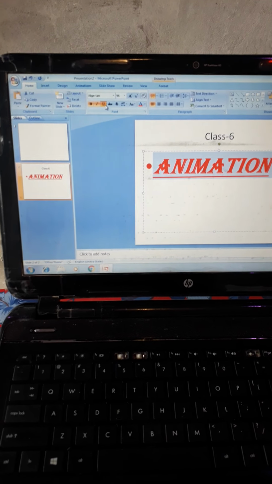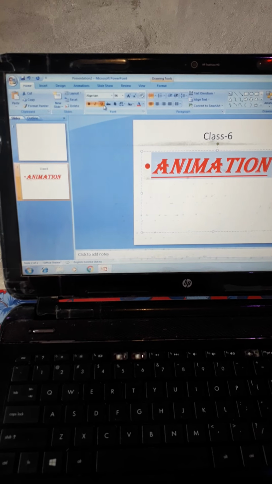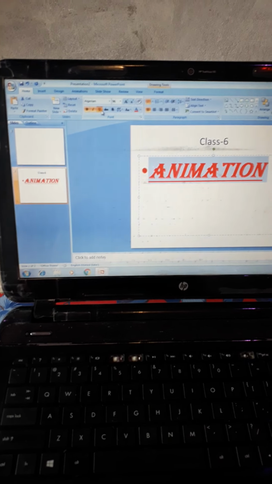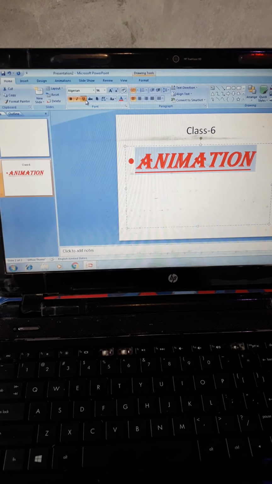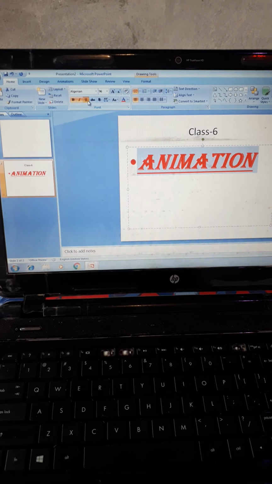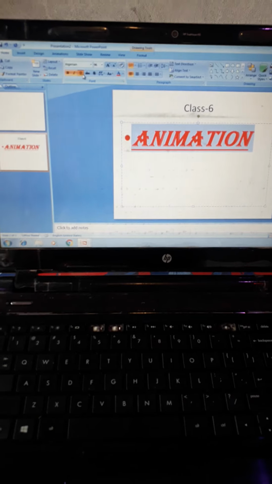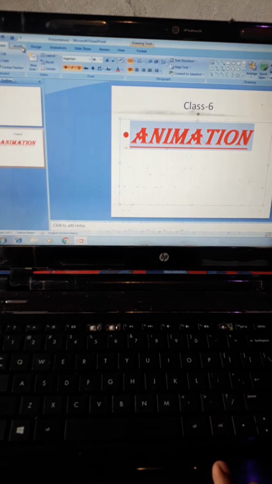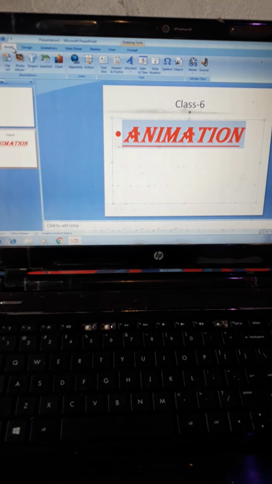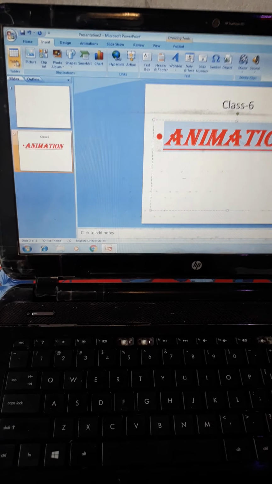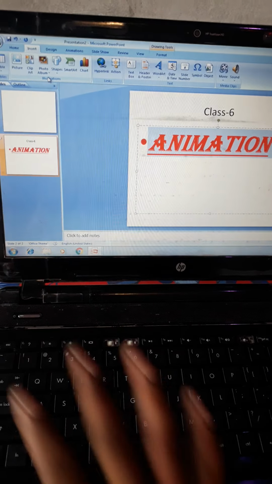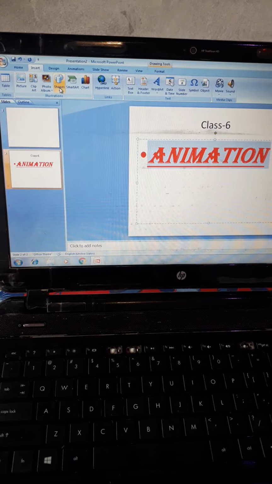Like this, you have to try to create so many slides. After creating so many slides, we have to add a few effects, according to which I am going to explain only according to our book. To apply an effect, simply we have to click on the Insert tab. Here you can see so many options given: tables, pictures, clip art, photo album and shapes. To apply any one, simply we have to click on this.